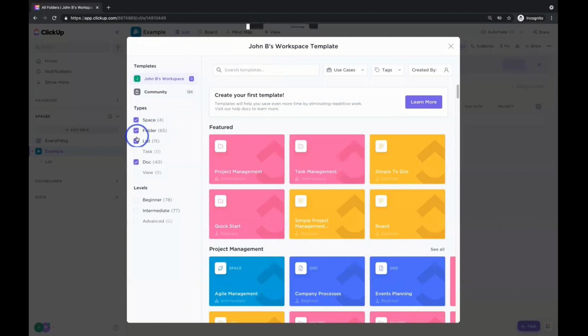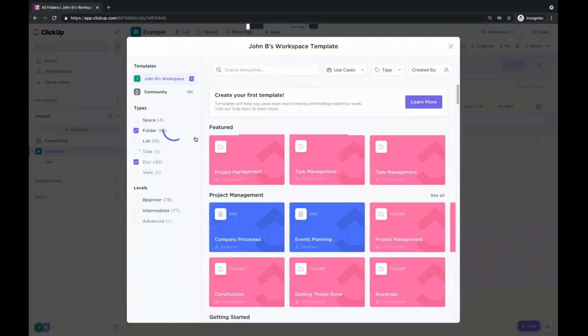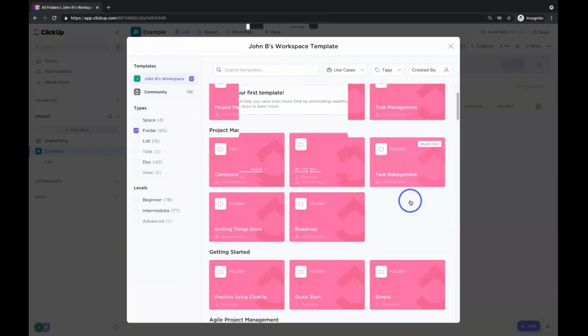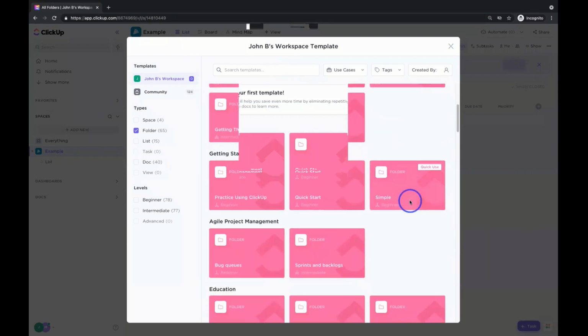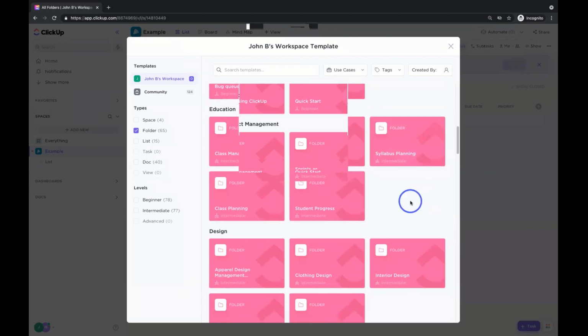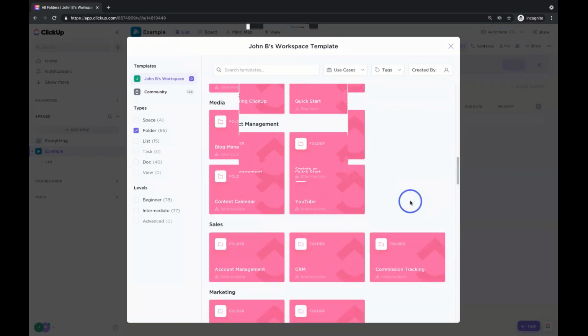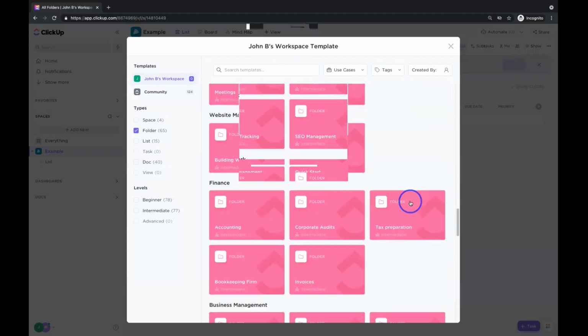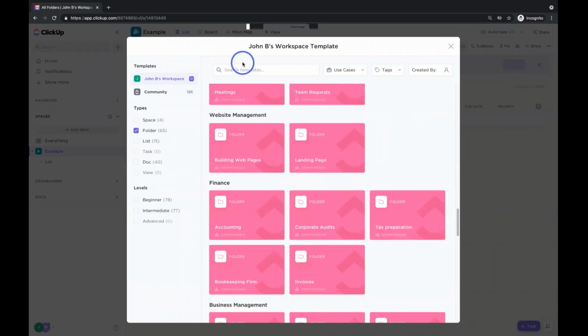So I'm going to narrow this down to folders just to make this a little bit easier on us. And I'm going to scroll down, keep it simple: content marketing, office manager, task management. It looks like we did see quite a bit of accountant ones. There was a lot of finance in there. Home improvement project, content marketing. Okay, so let's do the finance ones, right? New hires or HR. Okay, we can do both, right? So we'll do a little bit of finance, do a little bit of hires or HR.